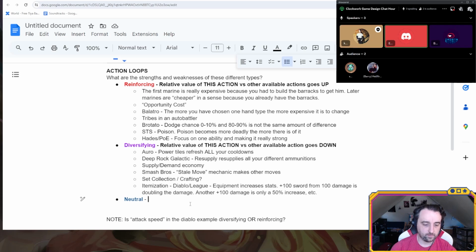In that case, you are grouping the attack and DPS items in its own little group, and in that sense you're reinforcing that group, the DPS character. So you can look at it a few different ways. Within that group you're diversifying, but you are reinforcing that group of choices.